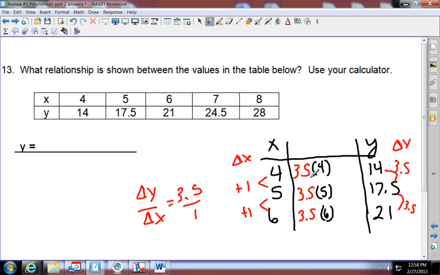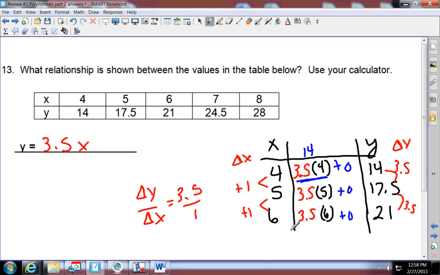Okay, so when you multiply 3.5 times 4, what do you get? My calculator's dead. You get 14? And so 3.5 times 5. So do I need to add or subtract anything here? No, it's like plus 0 if you wanted to write it. So my equation would be y equals